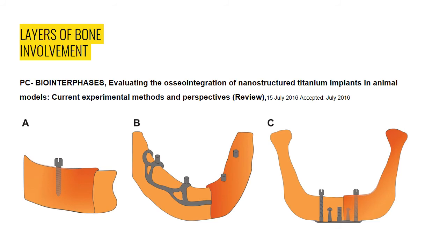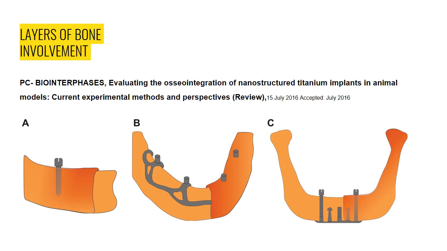Why is it called an onplant? Because it's placed right on the bone. So it's under the periosteum, but it is not going through the bone. That's the reason why it has these two names, onplant and subperiosteal implant. And orthodontic as well as prosthodontic implants are available under this category, picture B.